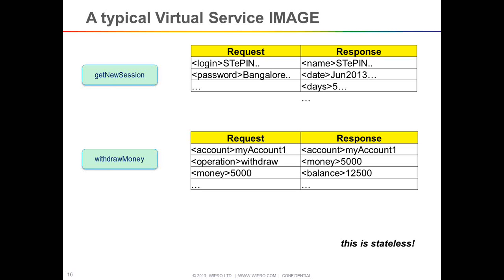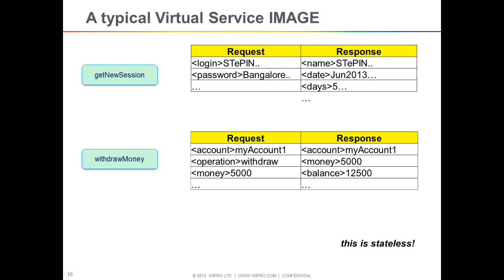I said, let's say I want to create a new session or a login ID, and I actually invoke an object in a real world. So for this kind of object call, what do you do? How does a request come? Request comes like that: an XML which has a login name and password, and the response